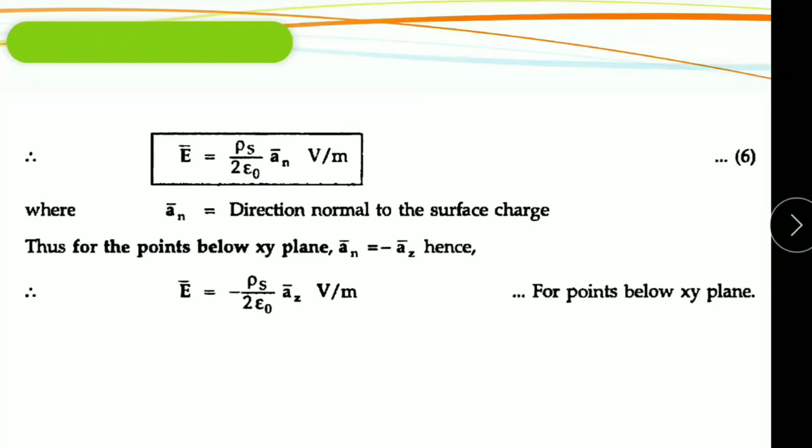Whenever in the examination they ask you to write any applications of Coulomb's law, you have to take any one example. That means you have to write the expression for electric field intensity due to a line charge, or electric field intensity due to a circular ring, or electric field intensity due to an infinite sheet of charge. These are all applications of Coulomb's law. Why? Because the electric field intensity expression is derived from Coulomb's law. That's why these all belong to applications of Coulomb's law.